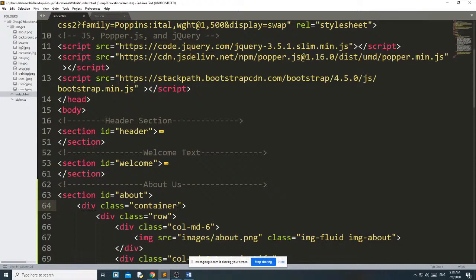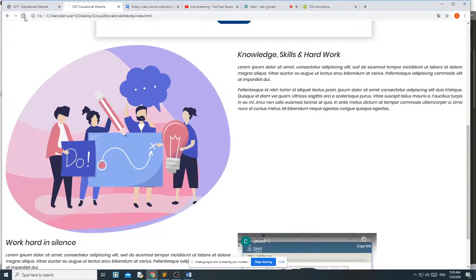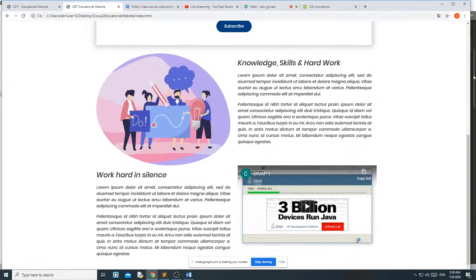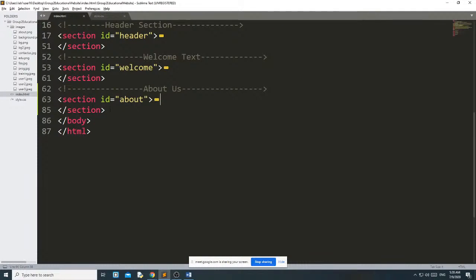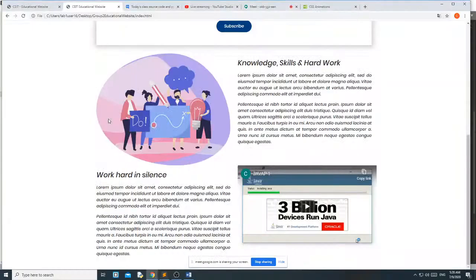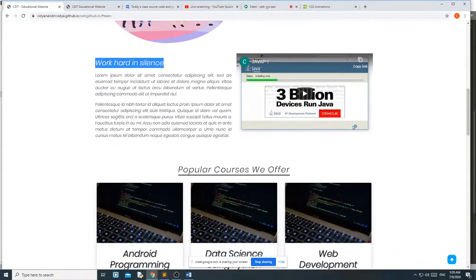And here I can write text center. Now you can see that it takes the space between from two sides. This is the difference between container and container fluid. Now our about us section is completed. I just minimize it.